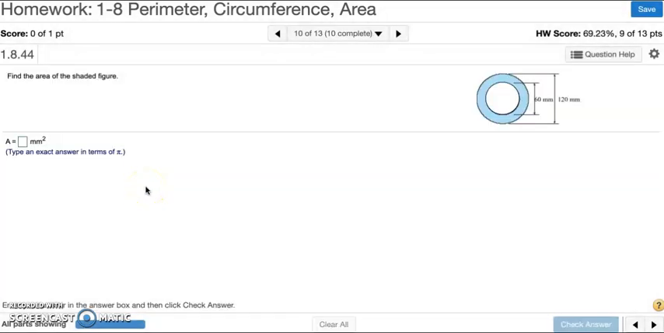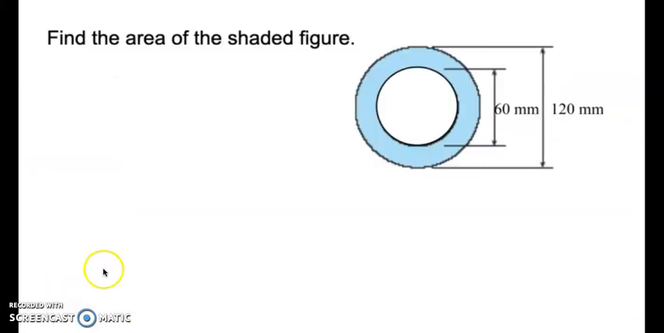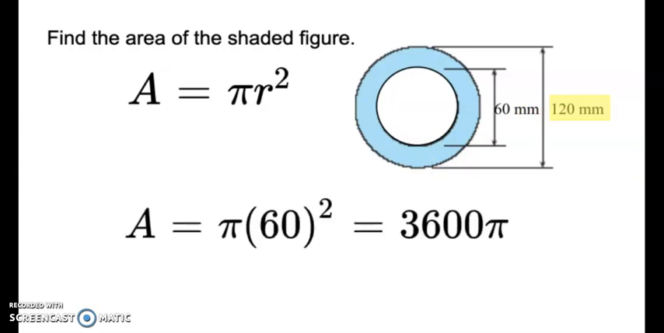Number 10, find the area of the shaded figure. So let's take a look at it. Now, the shaded figure is a portion of a circle, so we need to use the formula for the area of a circle. So that's pi r squared. So we're going to find it first of the outside piece as if we're going from top to the bottom using the 120. So that's going to be the diameter of 120. So cut that in half, which is 60, and square it, and we get 3,600 pi for the area of